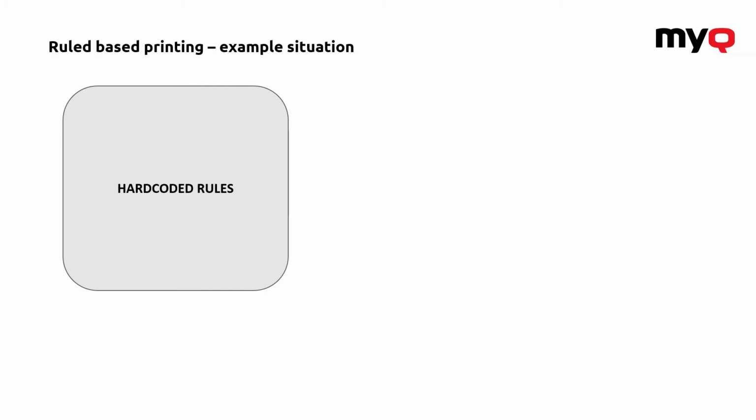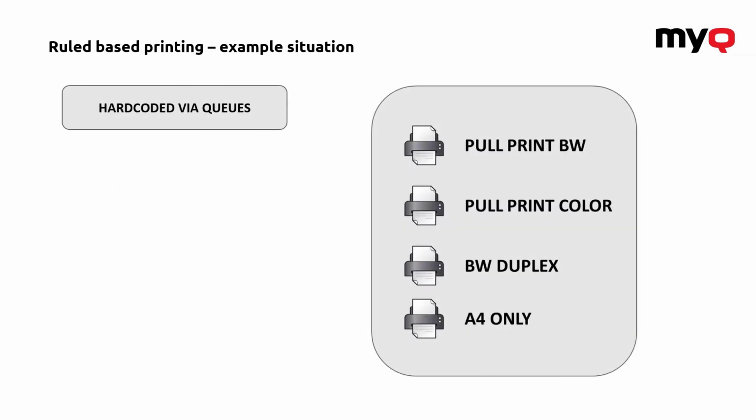Now, when it comes to the options which we have here, there are the hard-coded rules and the interactive ones. Let me first start with the hard-coded ones, where I can explain a few options MyQ offers you. The first one is a hard-coded rule through the queue. You can prepare a specific print queue within the system with predefined rules, for example, a pull print which will automatically be in black and white. That way, whatever comes to that queue, even if the user changes something in the printing on his system, the system will automatically change it and the output will be based on the settings of your queue.